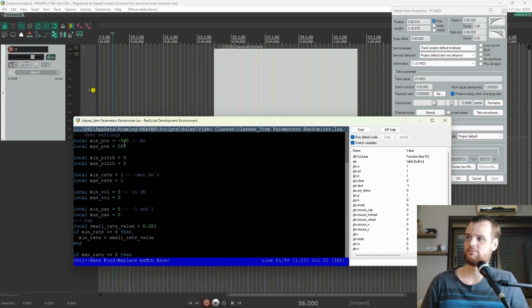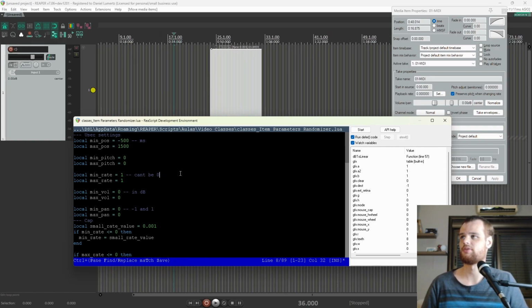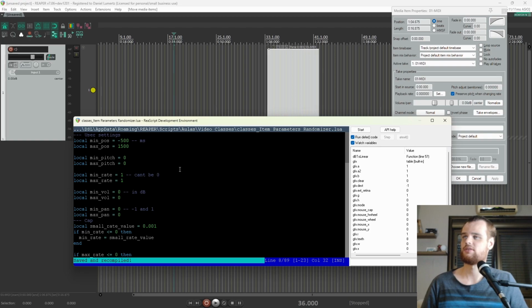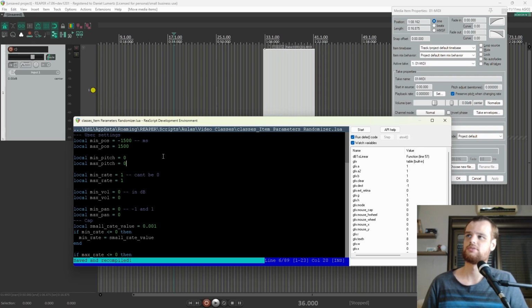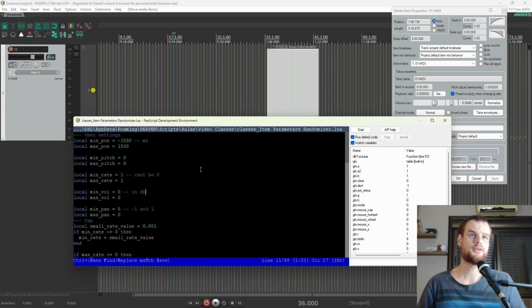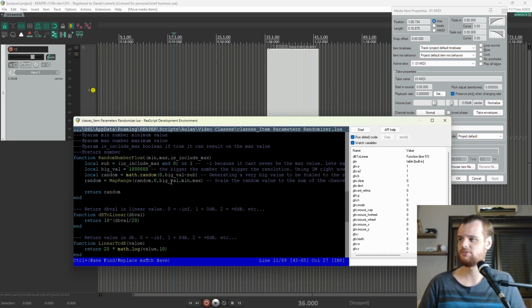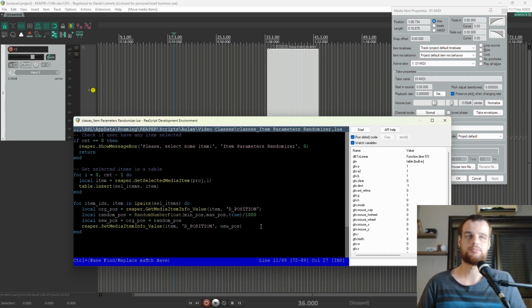We can put some really big values here if we want to have more effect. Of course, this has a much higher chance to go later. Okay, so now it's working. We are randomizing the position. Now let's randomize the rest of things. I will randomize the selected takes. So